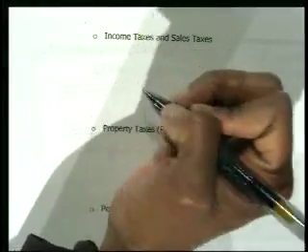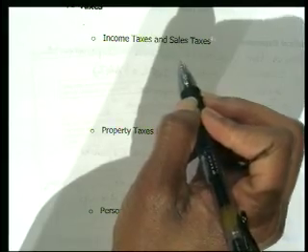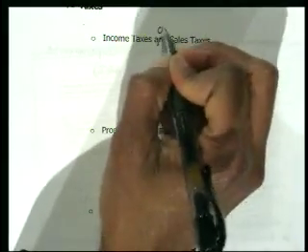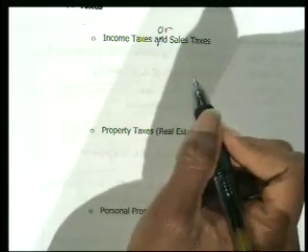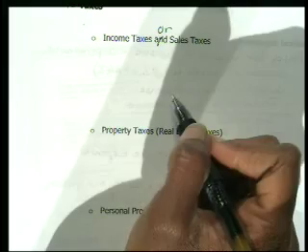Okay. Next, we want to move to taxes. We can deduct taxes on page 5-5. Okay, when we're looking at taxes that we can deduct, we're looking at income taxes or sales taxes. Okay, so it's either or. Either you're going to do the income taxes or you're going to take the sales tax option.